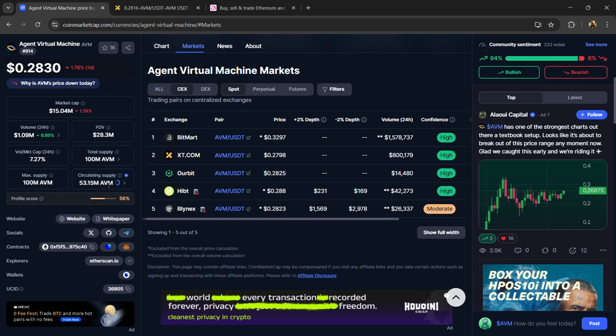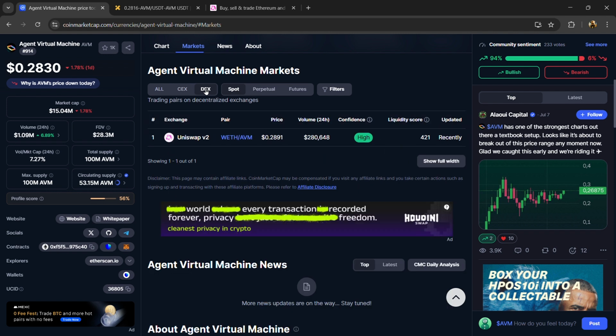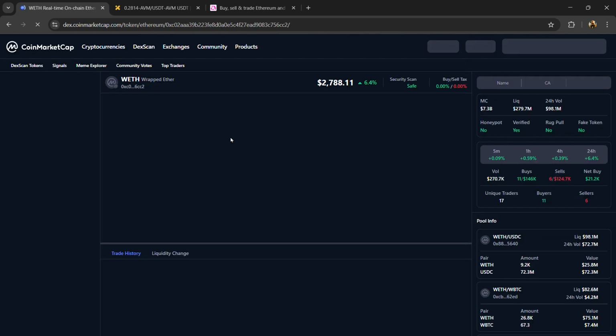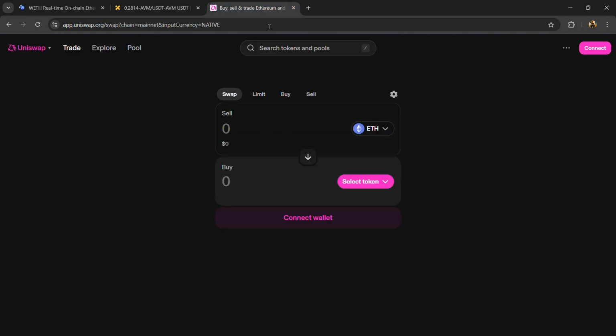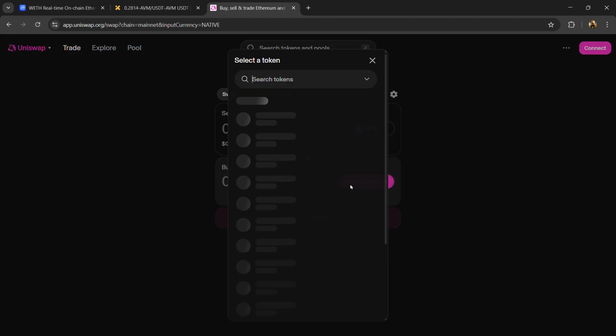So if you want to buy and sell this token on decentralized exchanges, then click on DEX. Here you can buy and sell this token on different decentralized exchanges. Now I will buy and sell this token on this decentralized exchange. Then click on this pair. Now you have to open Swap Exchange